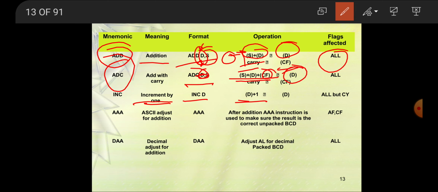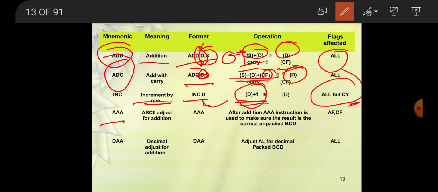So D plus 1, and whatever the result is stored again in D. Next time if you read D, it will be incremented by 1. It will affect all flags but not the carry flag, not CY.